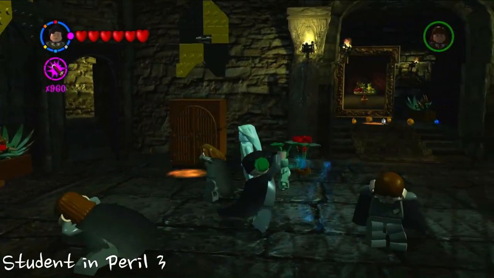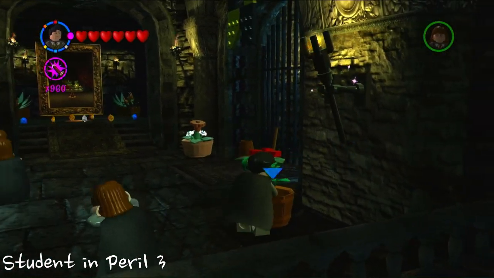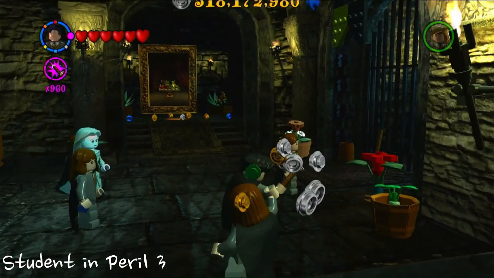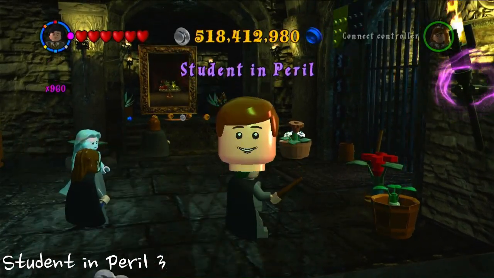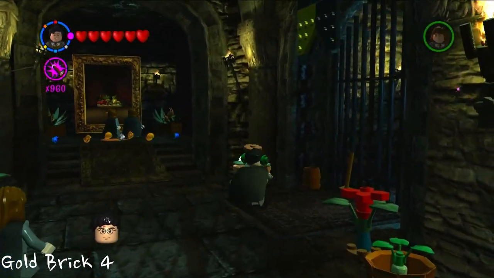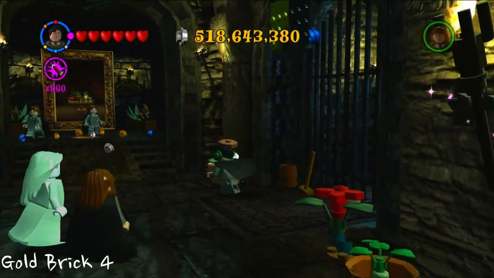Then after we've finished taking out those glass cases with the Mandrake, before you put it down, take it over here to the right and place it inside the bucket, and then its screaming will stop, and that will actually free the student in peril. So there you go, that is nice. And once we've freed him, or her, I don't know, the student in peril,